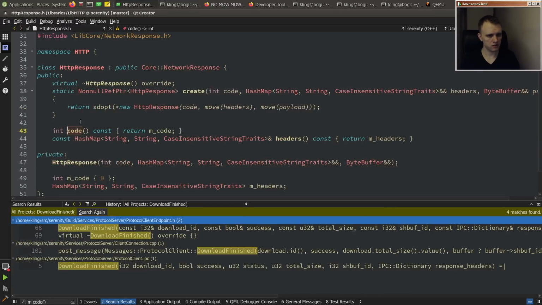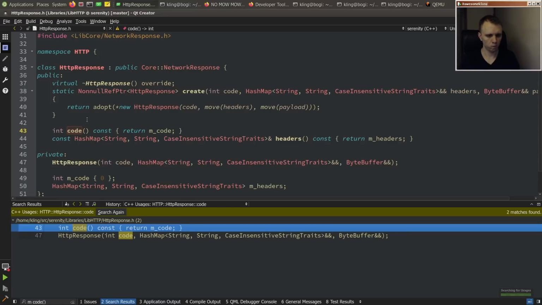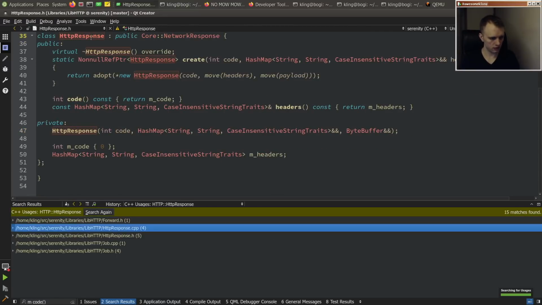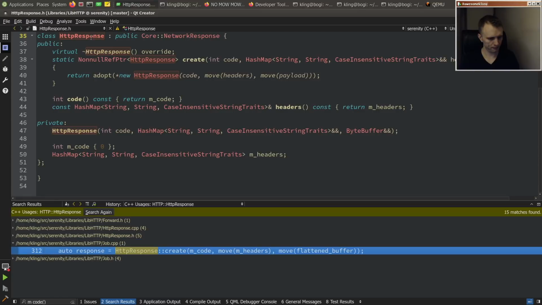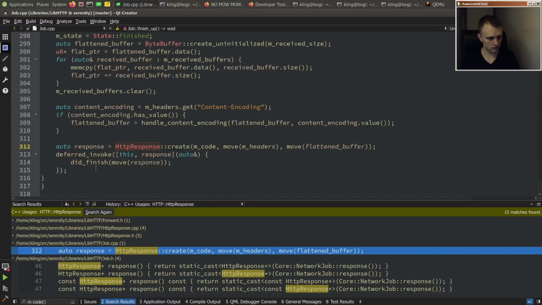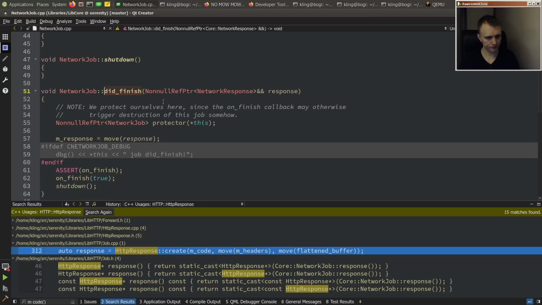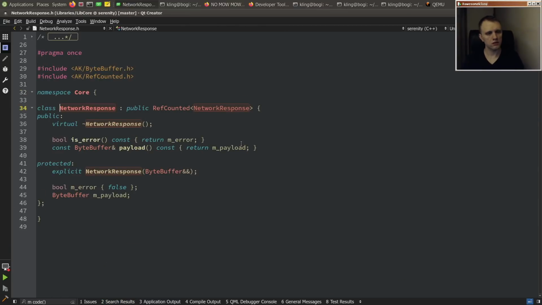HTTP response has code. All right. So does anybody look at that? Did finish. He only cares about, oh, he doesn't care about that. Okay. So let's say that network response